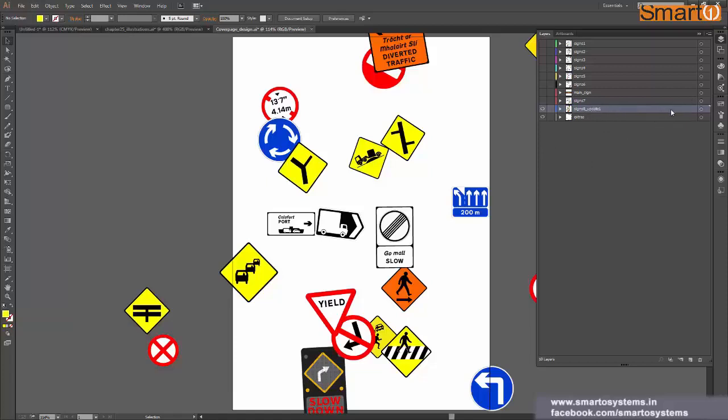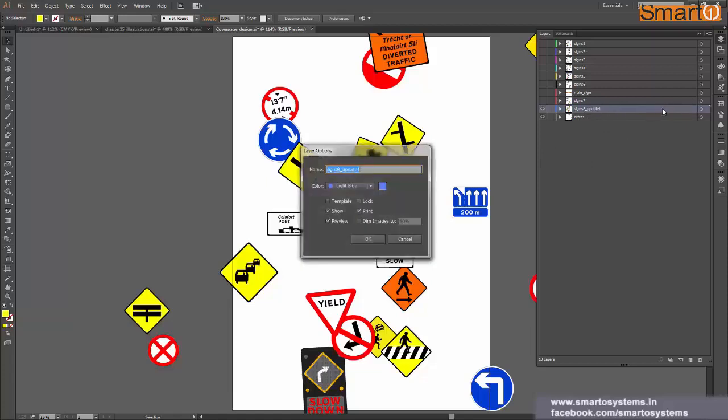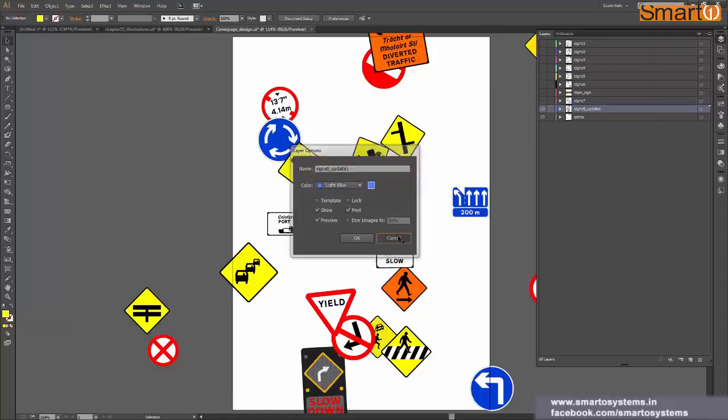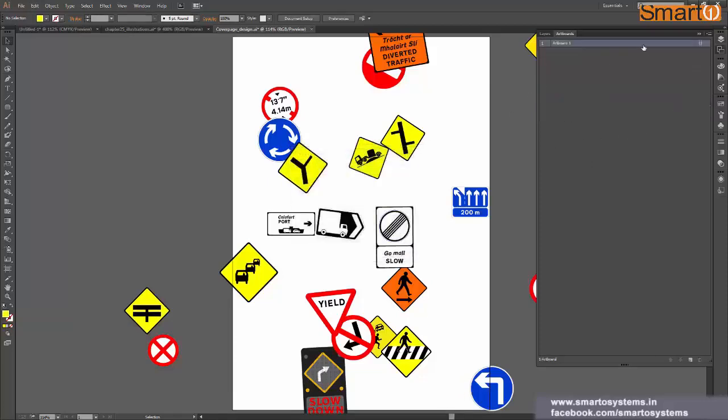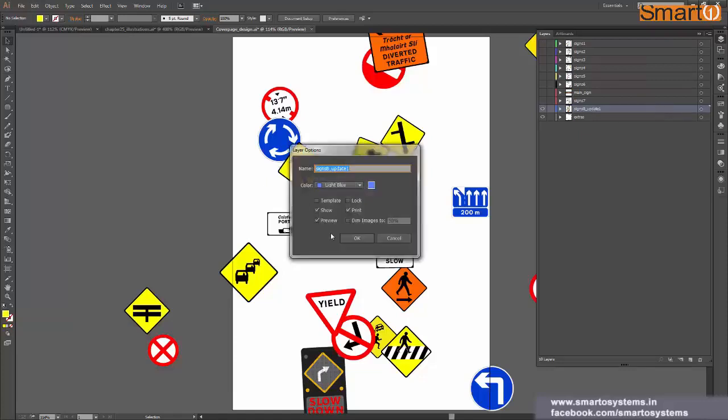And if you double click on this empty space, then you get these layer options, just like our artboard options. I think when I double click on this, no, here it just zooms to that particular artboard. But in layers, if you double click on empty space, it will give you layer options.